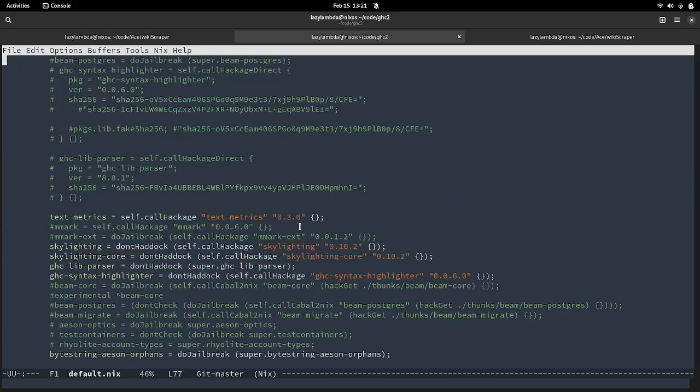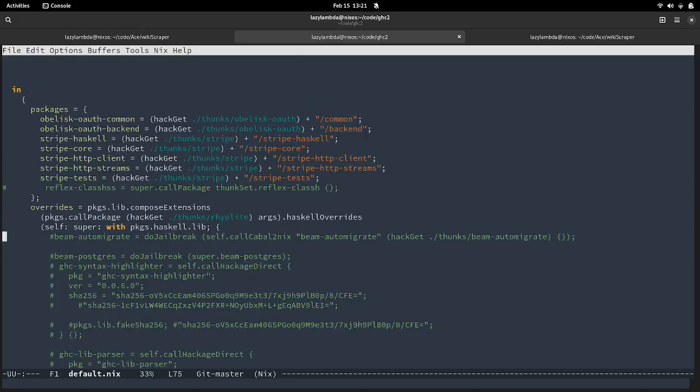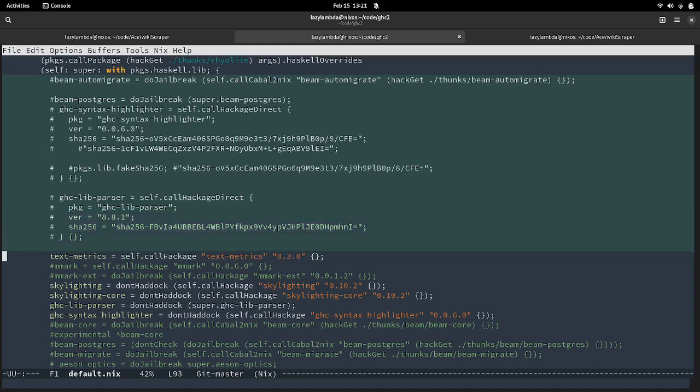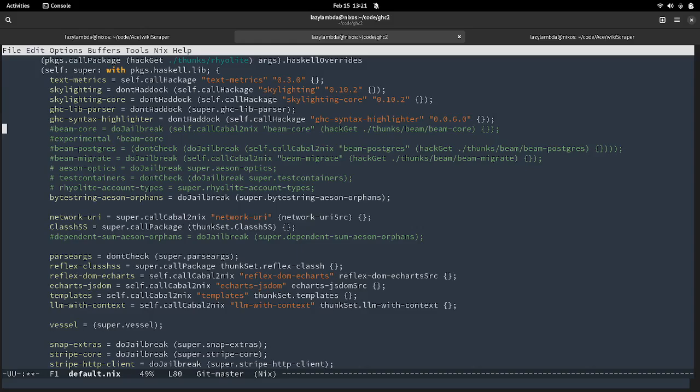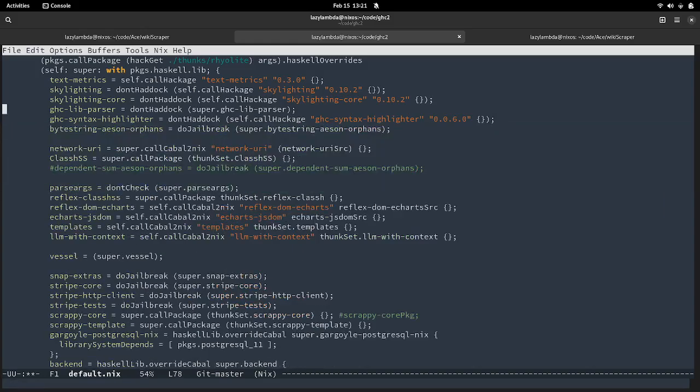I have a lot of overrides, and you can see I have a lot of dead overrides. I'll just delete this. But I was trying to build a particular markdown version with Obelisk, and I needed particular versions.